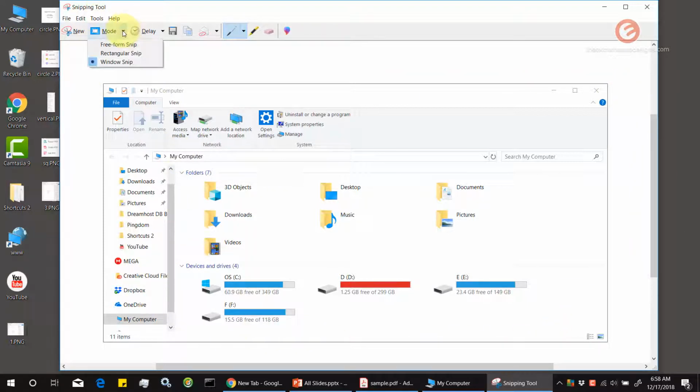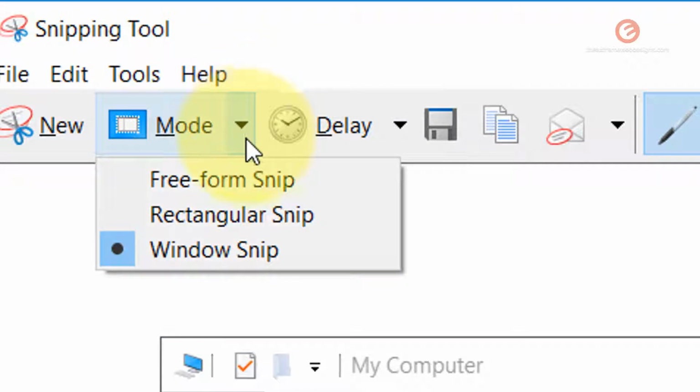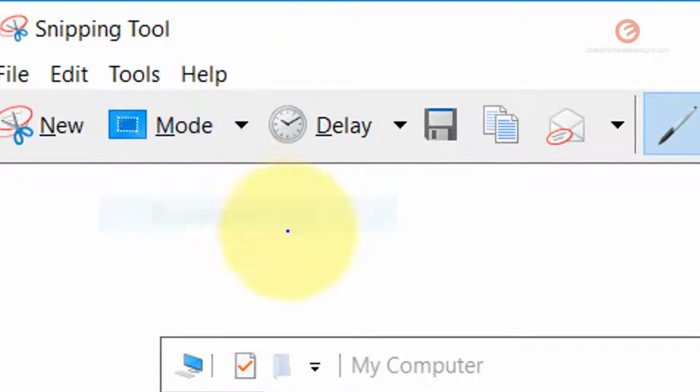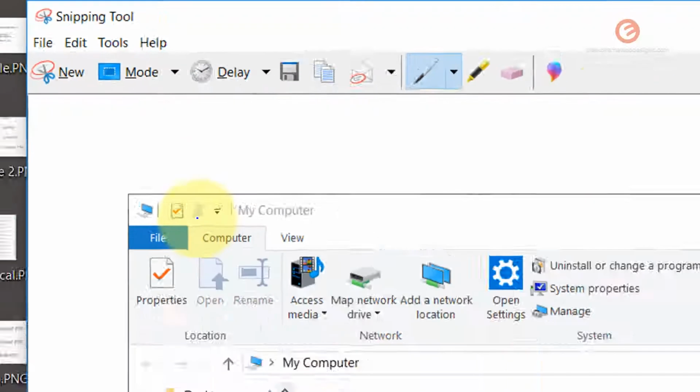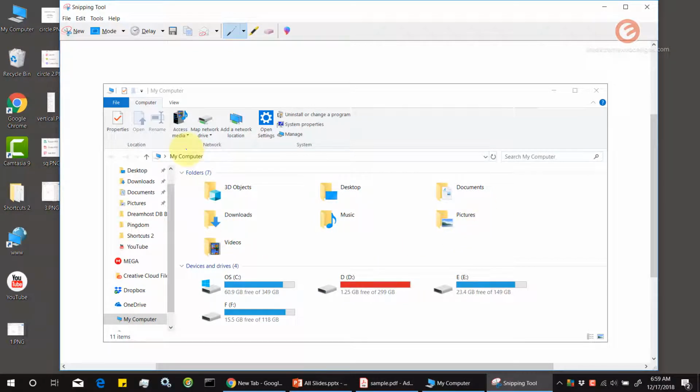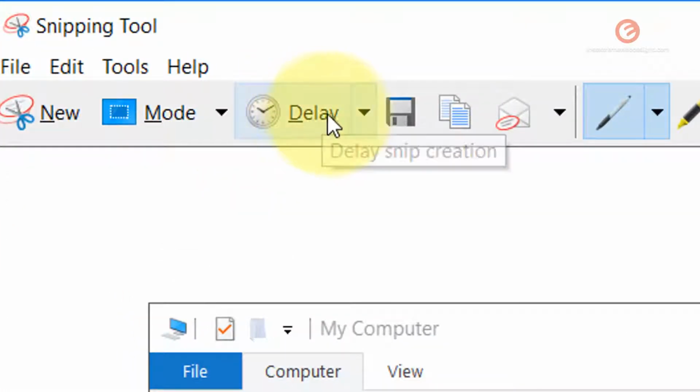So that is how you can toggle between the different modes available and pick the one that you like the most. In my case, I always go for rectangular snip because I find it easy. I just like to drag across the area that I like to screenshot, but you can just toggle it as per your requirements. The next button that's over here is the delay, which means